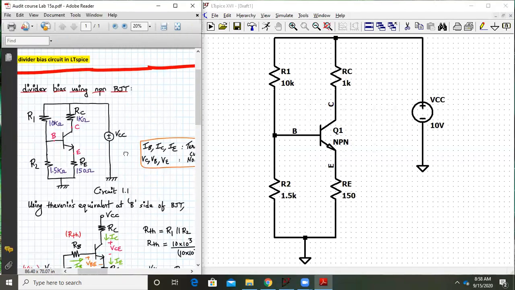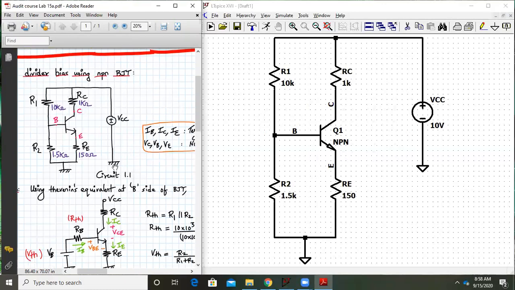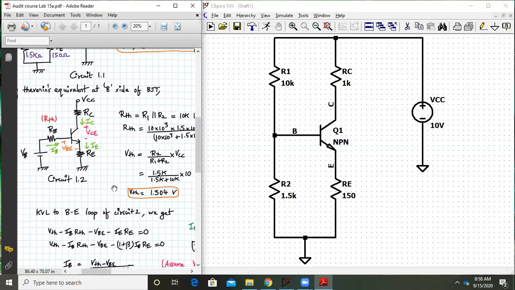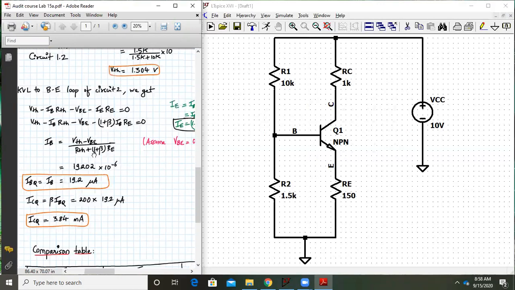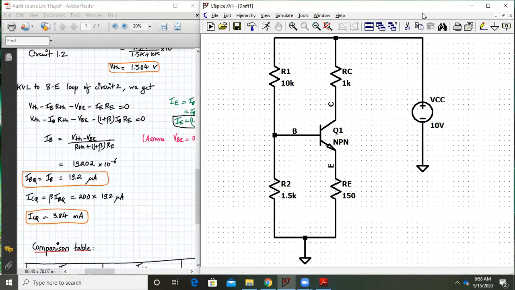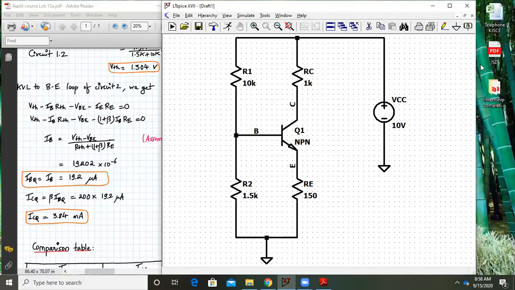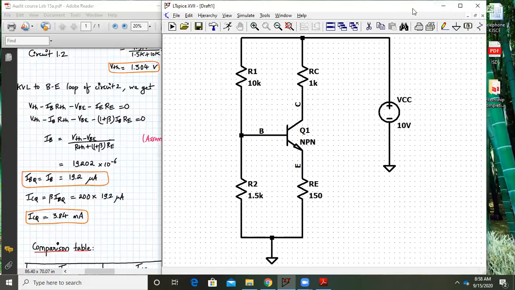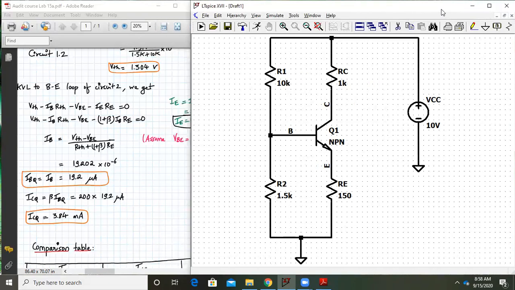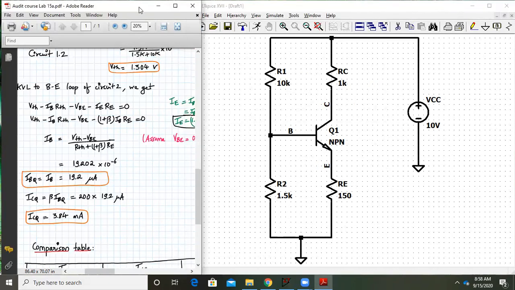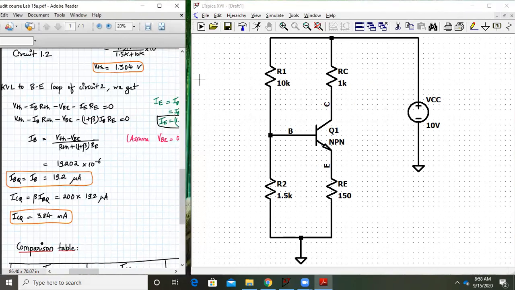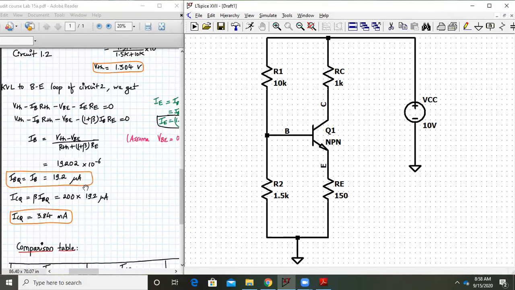Okay. Now what I want to do is I want to define the value of beta, right? The beta over here for the circuit is 200. So how do I do that? So for this model, what we will do is, okay, let me just put it back. Yeah. So let me just run it like this. Yeah, what I was saying, we need to define the beta of the transistor that is here.